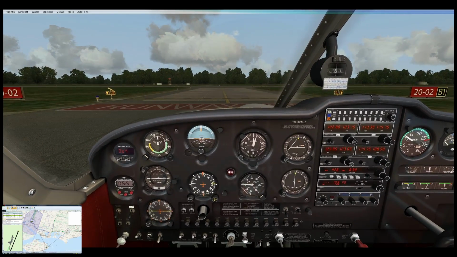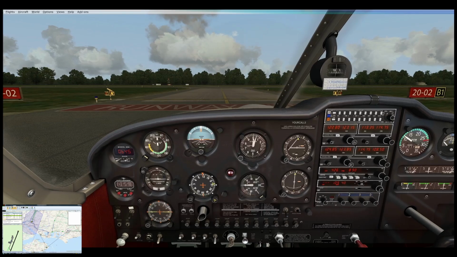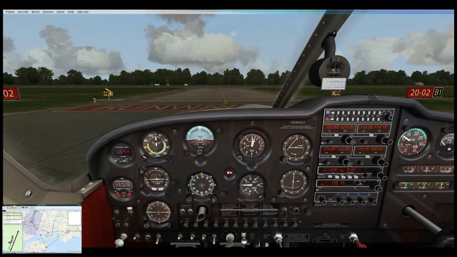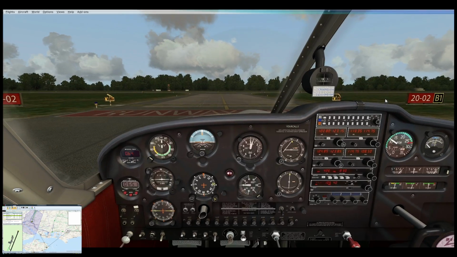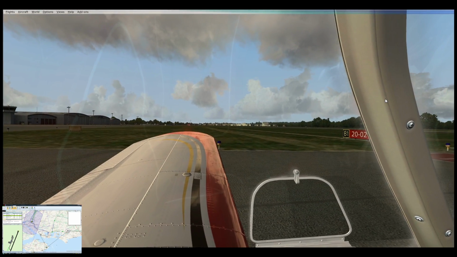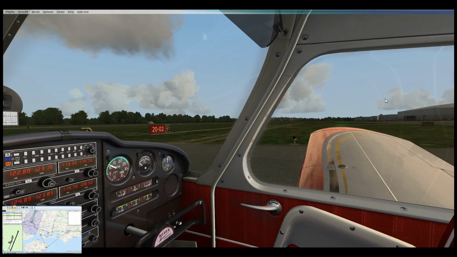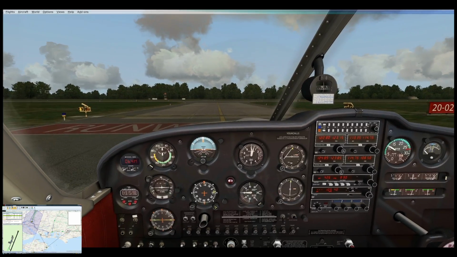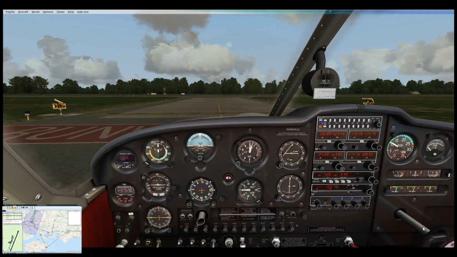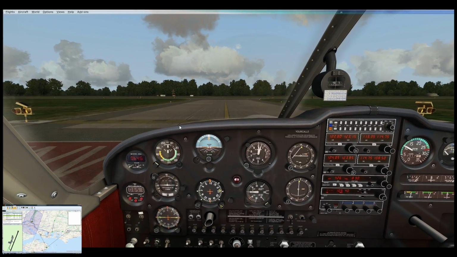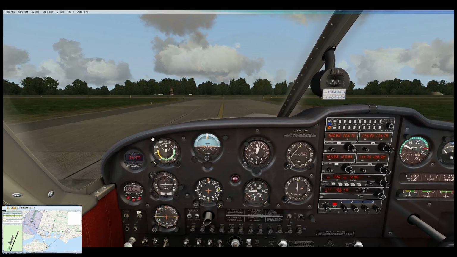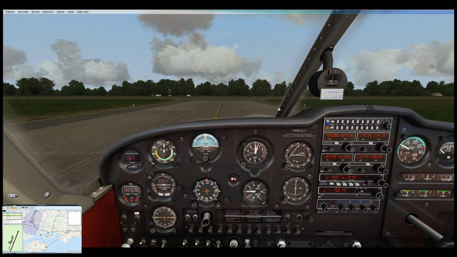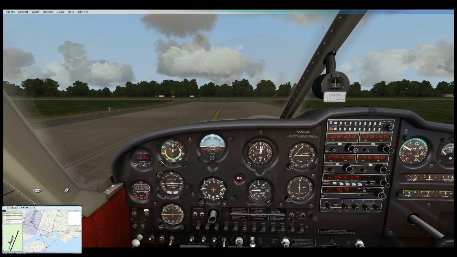As I say, EGHI traffic, Golf Lima India Foxtrot Romeo, backtracking for runway 20. Right. And everything looks clear. My map is clear. No one seems to be around at the moment. Let me just double check VATSIM on VATSPY. I always just double ping VATSPY in case. Oh, okay. Heathrow approach is on. I am the only one within the radius of about 20 miles, which is probably a very good thing,